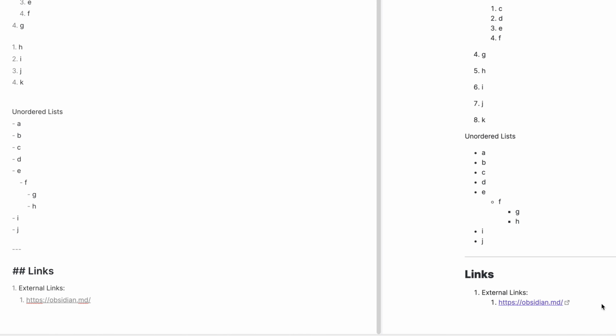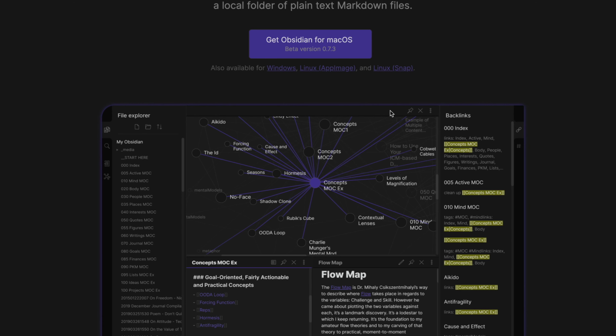Let's go back. Second option we have is if you want to create an alias. Basically, if you want to say, let's say Obsidian website, and now we'll open normal brackets, copy this and paste it here. Now you can see it's created, we've specified it as Obsidian website, so it's listed it as Obsidian website. Now if you click this, it will also open the Obsidian website and nothing else.